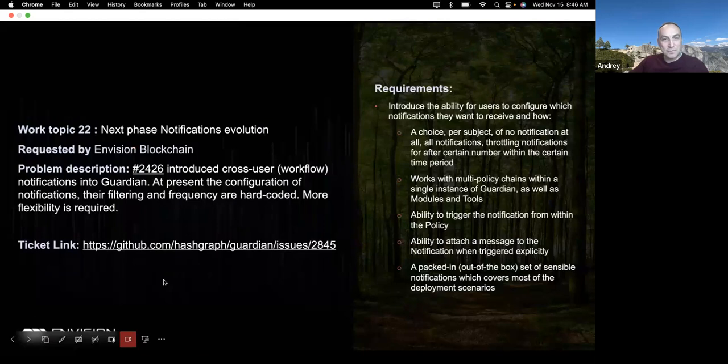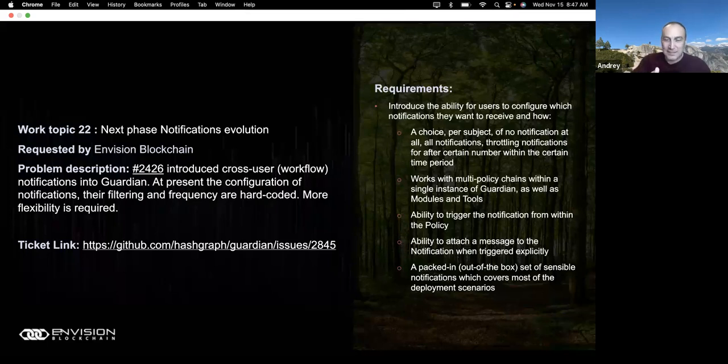We're on to the next one, please. Yes, thank you. We have introduced a notifications framework to Guardian in this phase. At the moment, the notifications that you'd receive are standard by default. You have notifications whether you want to receive them or not, because the policy author said you will. As a user, that's not necessarily a desirable state.